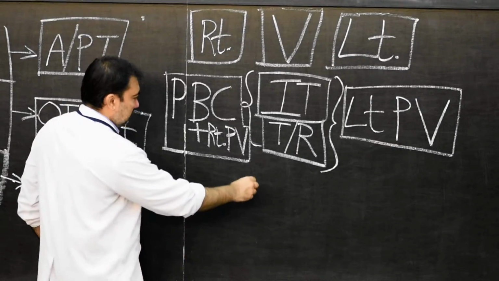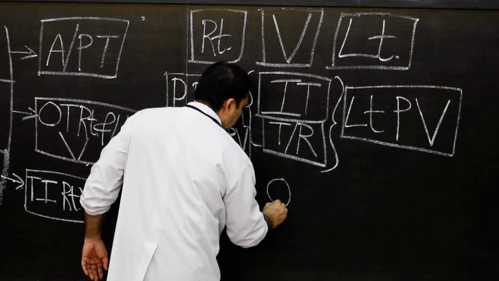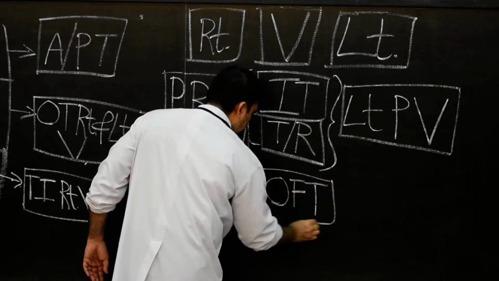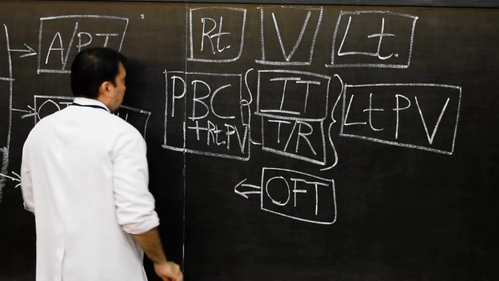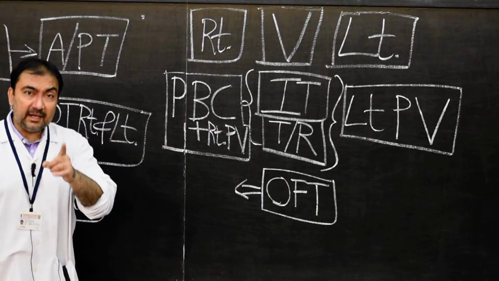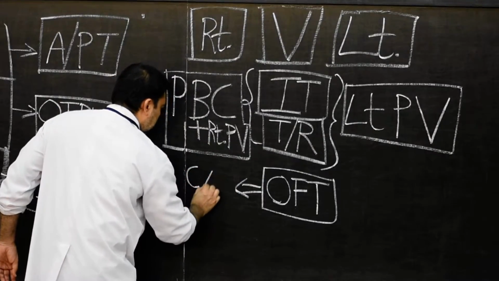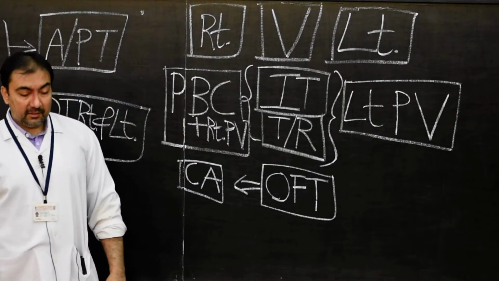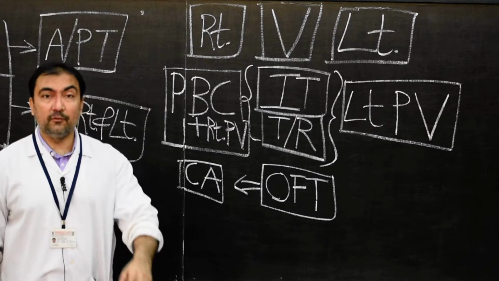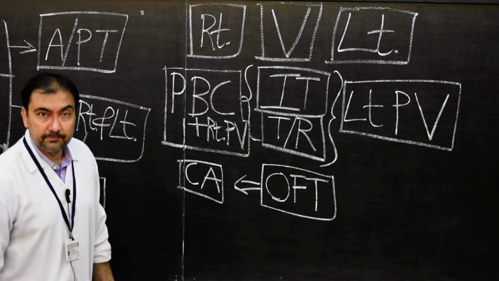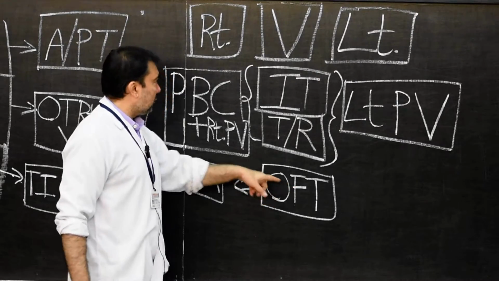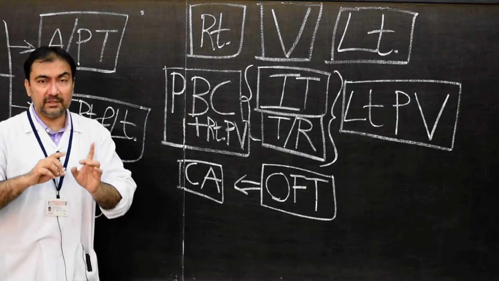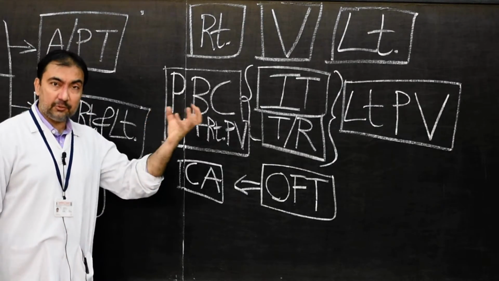Outflow tract. Here I will write it as outflow tract. Now this outflow tract, as I told you, in case of right ventricle it is known as conus arteriosus. So please note down, conus arteriosus. This is also asked in exam, MCQs, viva. What is conus arteriosus? From which portion conus arteriosus develops? Conus arteriosus is nothing but the outflow tract of the right ventricle, and it is very smooth. Remember, the outflow tract of the right and left ventricle is smooth as compared to inflow.